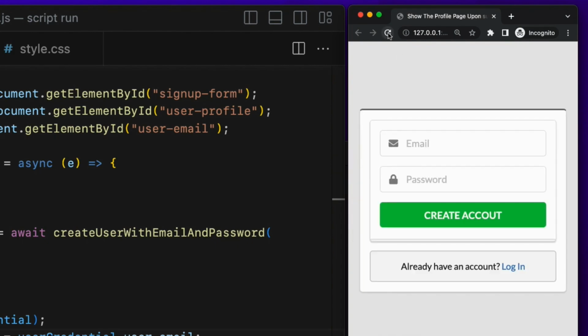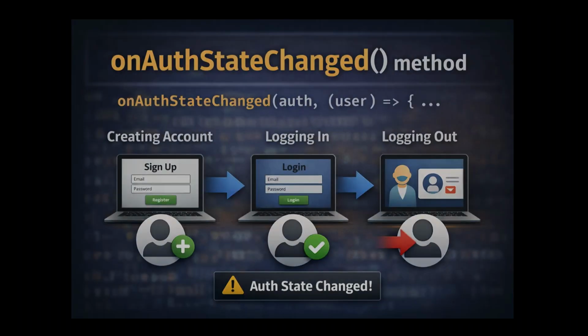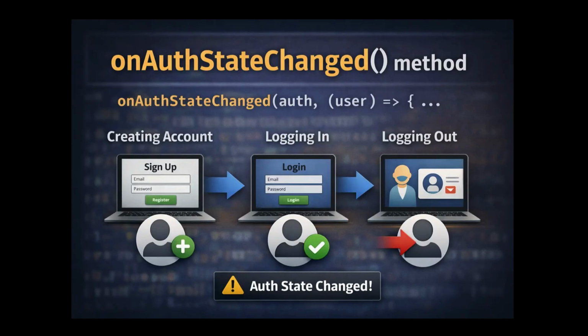As soon as I reload the page, the app brings back the sign up form even though the user is currently logged in. Let's fix that with onAuthStateChanged method. This method gets triggered when a user authentication state changes, such as creating a new user account, logging in, or